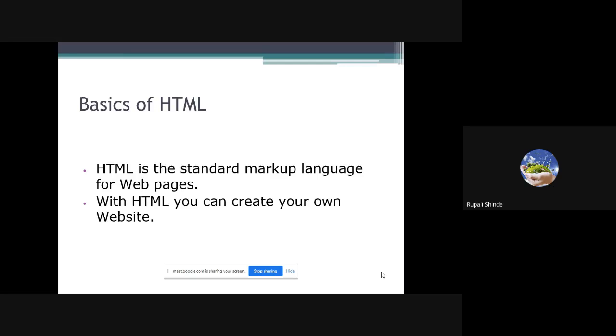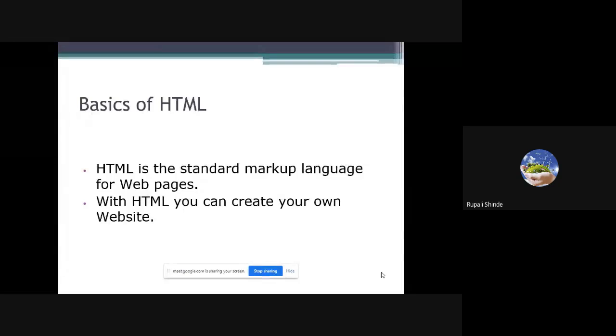But some of the students don't know how to write down the HTML page, and what do you mean by elements, what do you mean by attributes, how it is going to appear, how to write down the code. That's why I'm going to start from the basics. What do you mean by HTML? Then what do you mean by attributes? What do you mean by elements? How are we going to use it? So we have to focus on the basics of HTML for today's lecture.